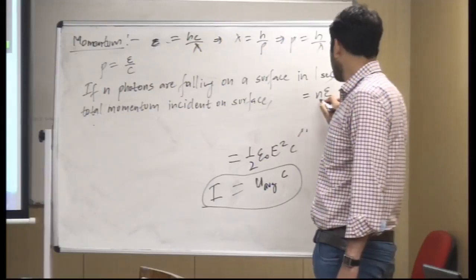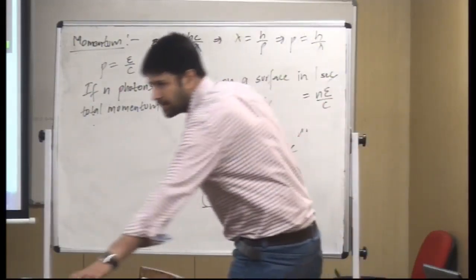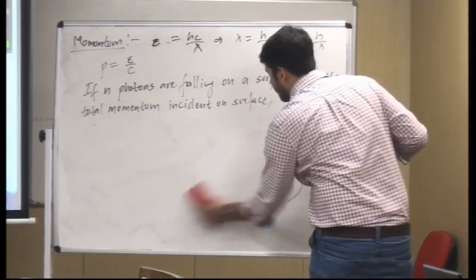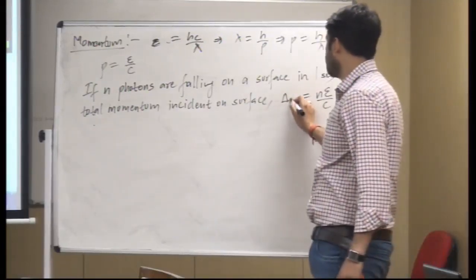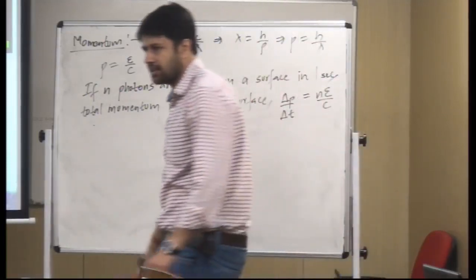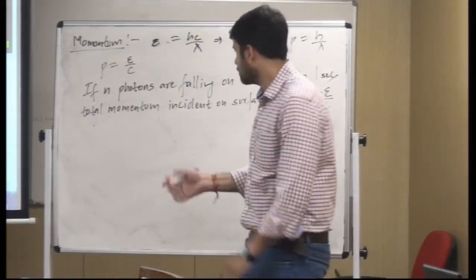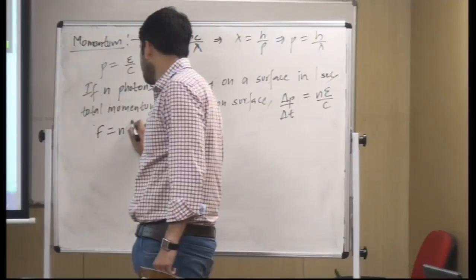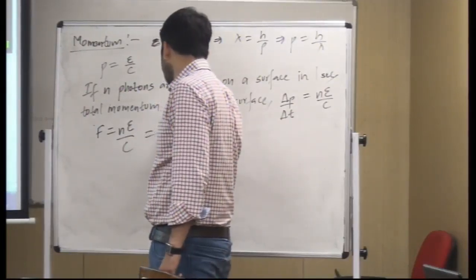NE by C, right? It's not difficult, so basic hai. But this is in 1 second. This is momentum incident in 1 second. So I would call it momentum per unit time, right? This is force, right? So the radiation force is NE by C, which is the total energy incident on the